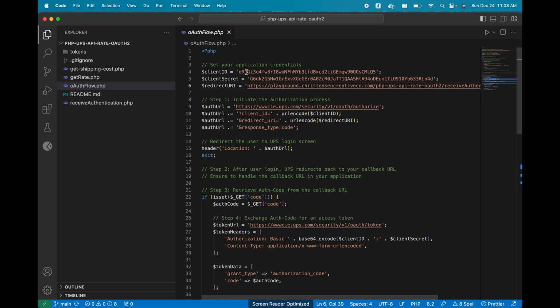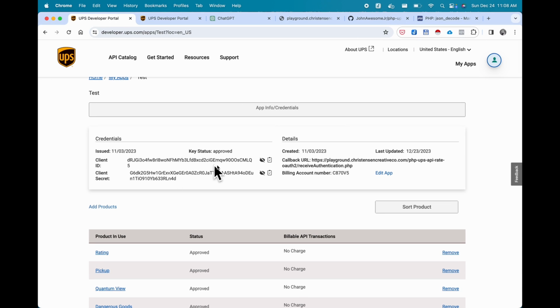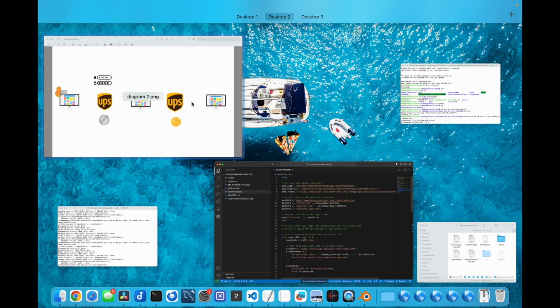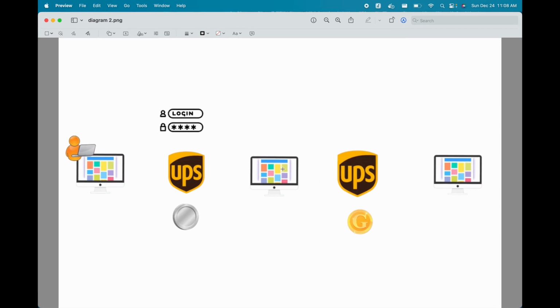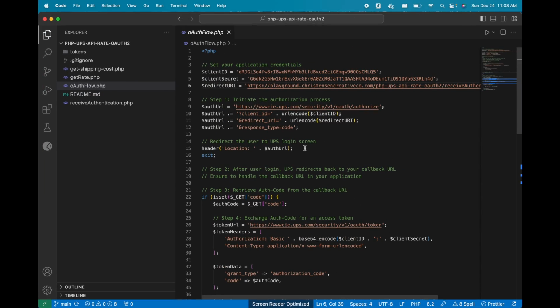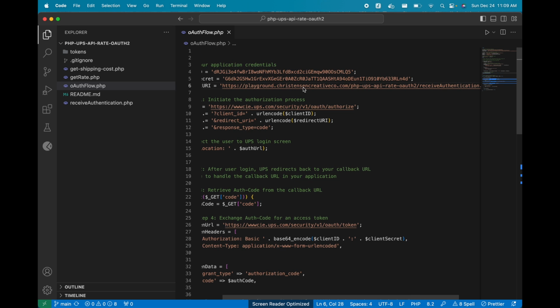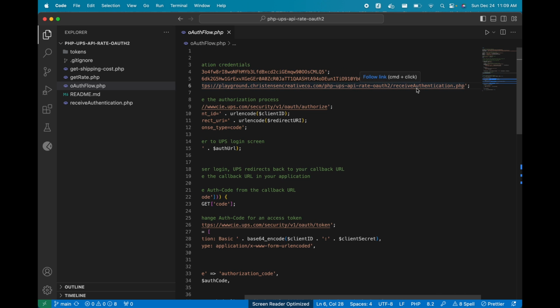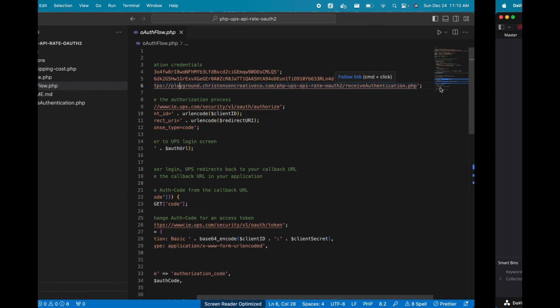And all three of these need to be the same as the information from your website. Like I said, this is the information that uniquely identifies your website so that UPS knows who you are and where to send you after the user logs in. Really quickly, also, I want you to take note that the redirect URL is an HTTPS website, and it goes straight to the PHP file of